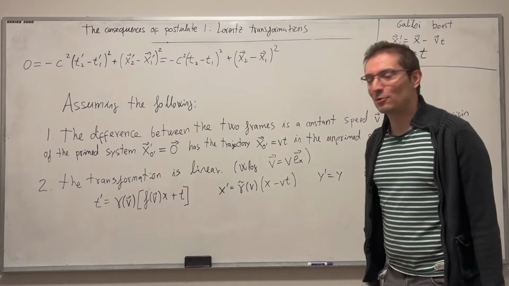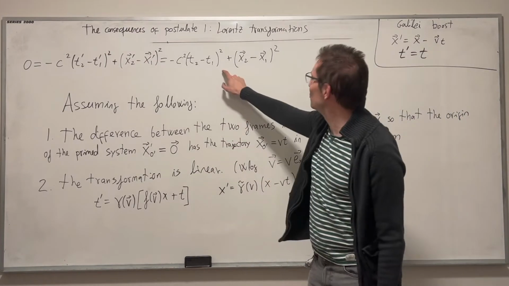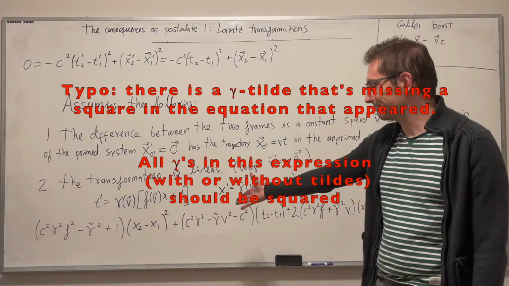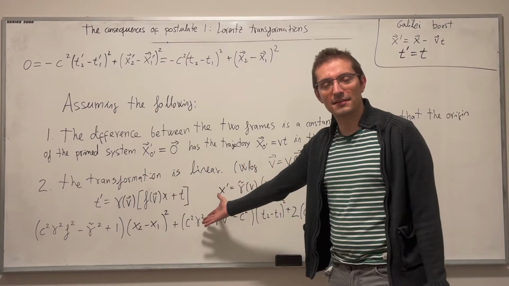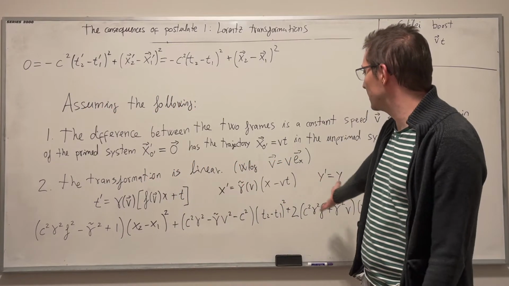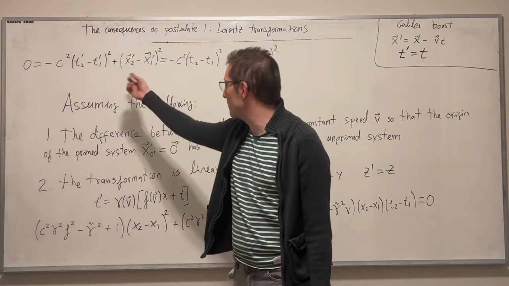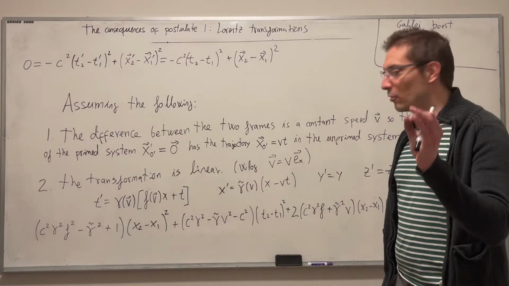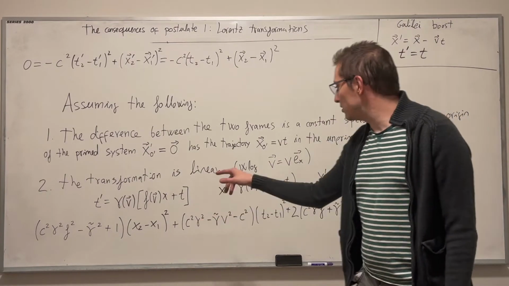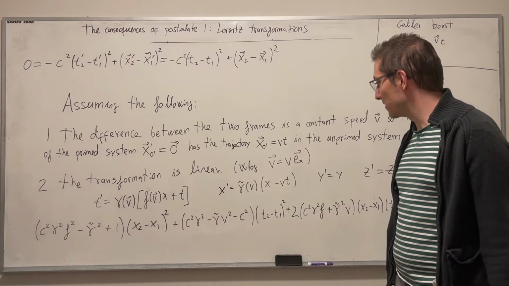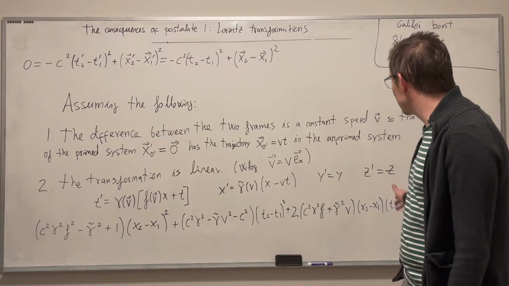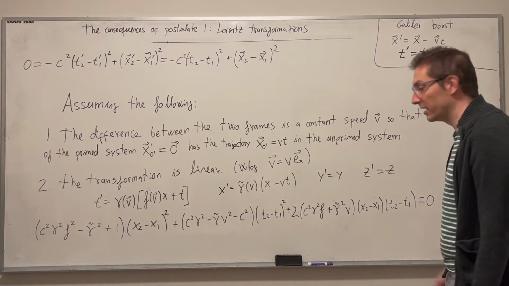But let's see what the solution is when we plug these two things into here. So if we do so, we get the following equation. Right, this condition. So how did I get this? Well, all that I did is substitute the prime coordinates by these expressions, and I got this equation here. Now, the cool thing is that this has to be true for any two events separated by light, any two. So, because this has to be true for any two events separated by light, all the coefficients have to be 0 simultaneously for the whole thing to be 0.